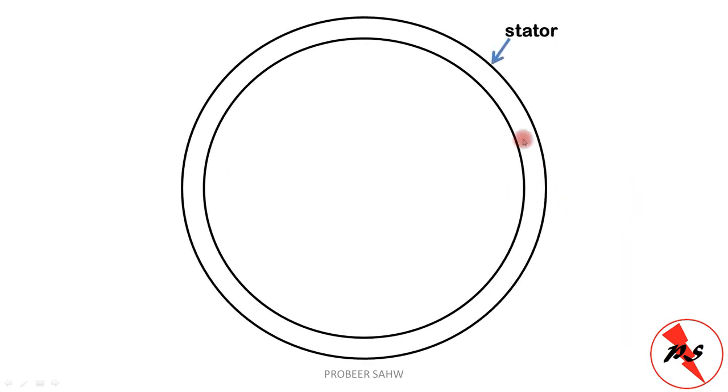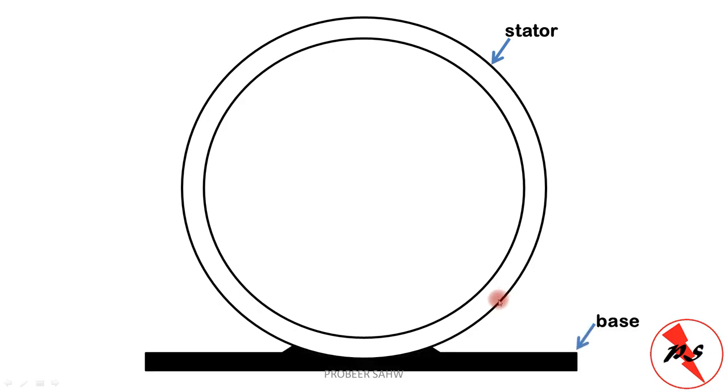So this is the stator, which is the outer part of the machine. Since it is cylindrical in shape, it has to be provided with a solid base so that it does not move, because when a motor runs, huge vibrations are produced. So we provide a strong base to this stator. Apart from this, we now have field poles attached to the stator.